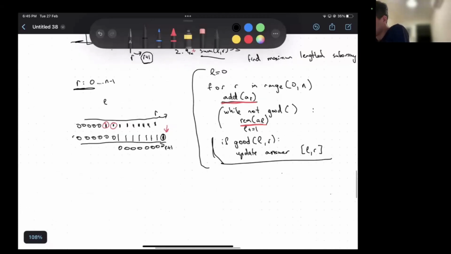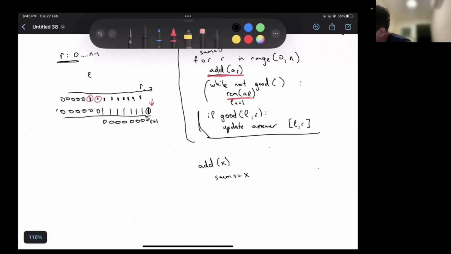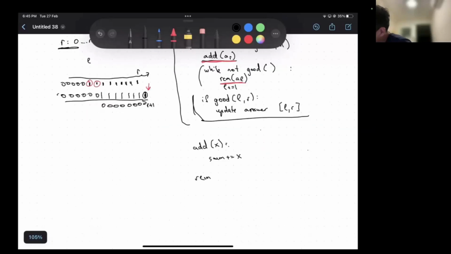For example, if we come back to the problem that we were solving, for the add part, we will just add an extra sum variable, and the add part will be sum plus equal to x, and the remove part will just remove the element, sum minus x, and finally the good